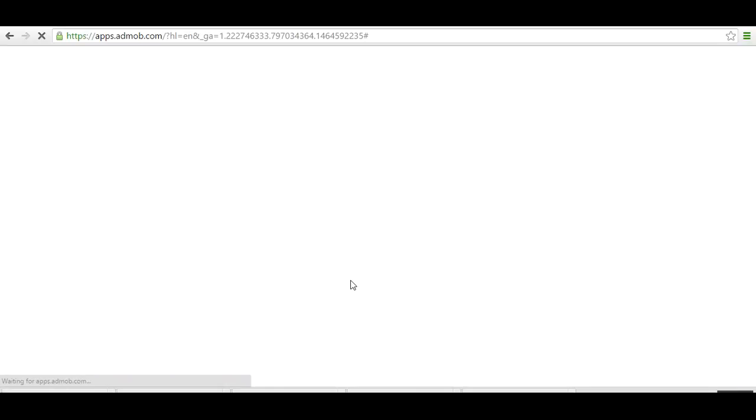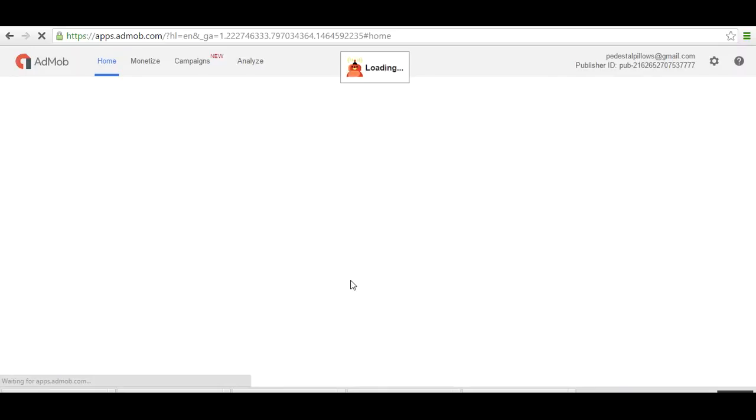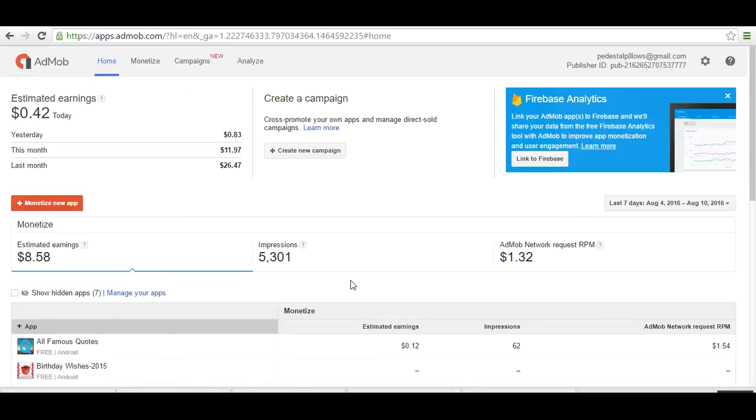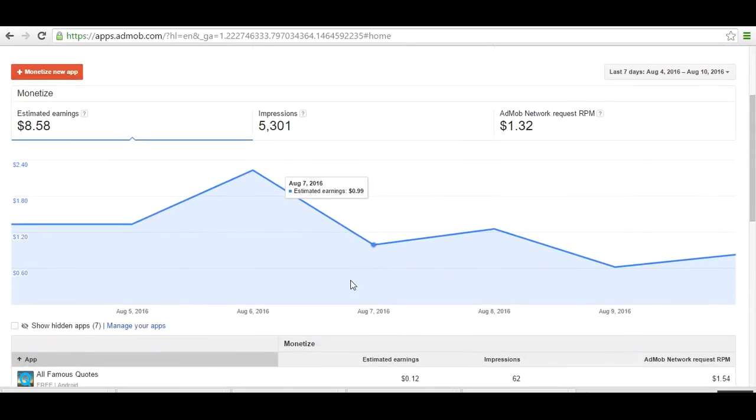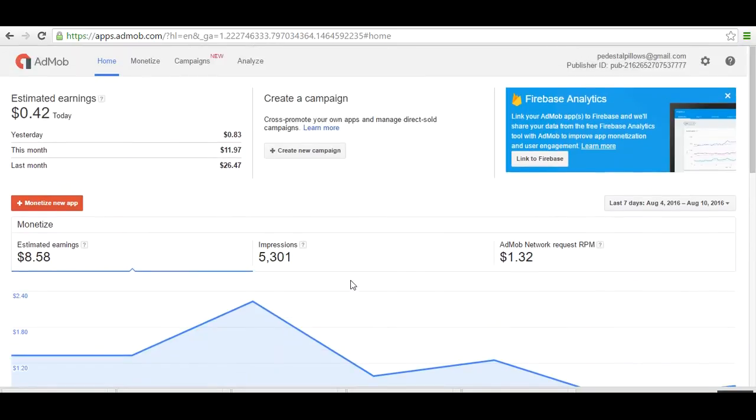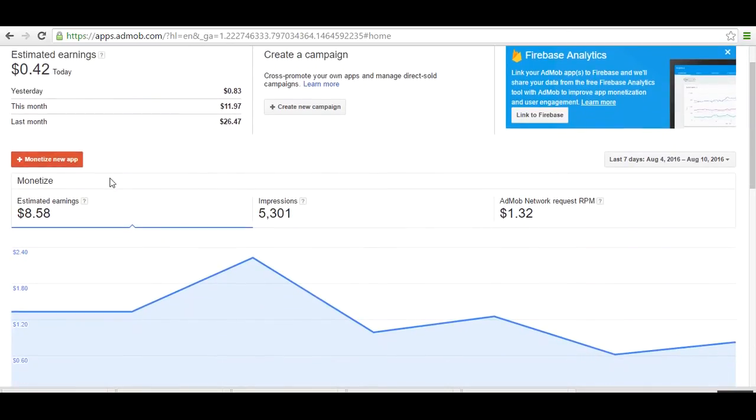This is one of our AdMob accounts which is used for sample display, or for practicing. Okay, so once you are on AdMob, you have to monetize the app. How to monetize the app?